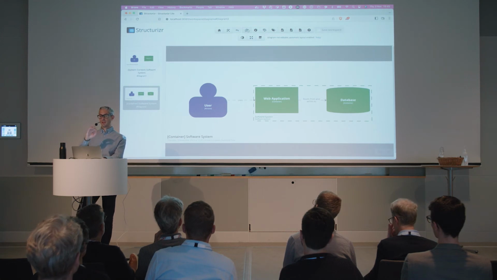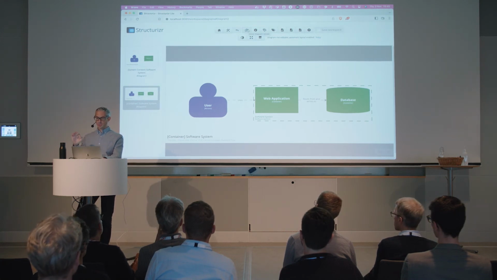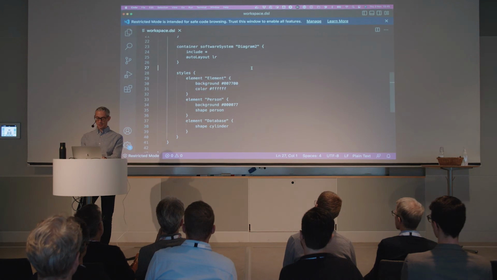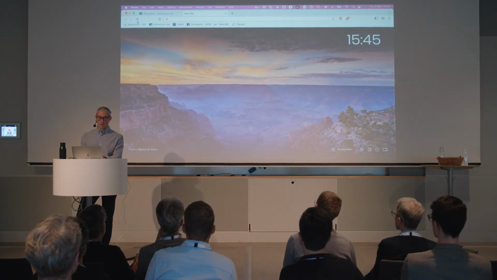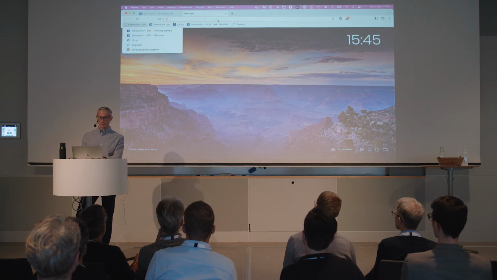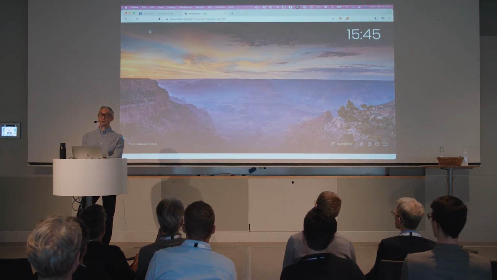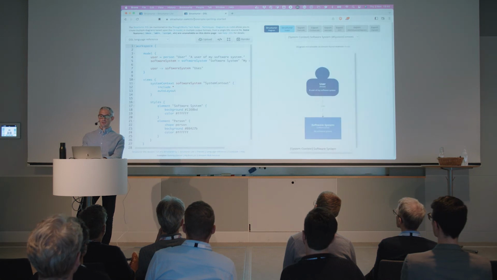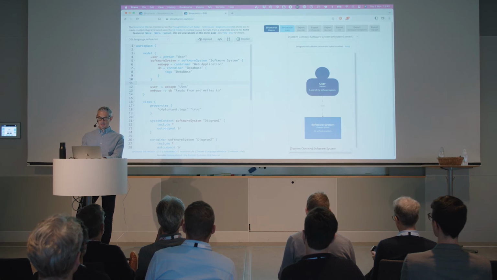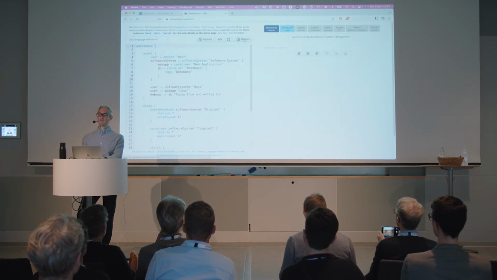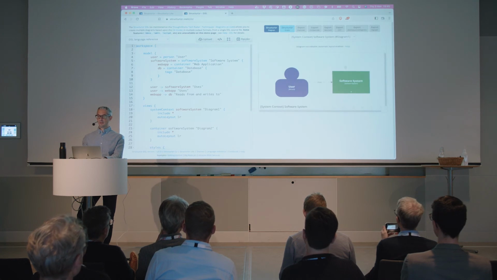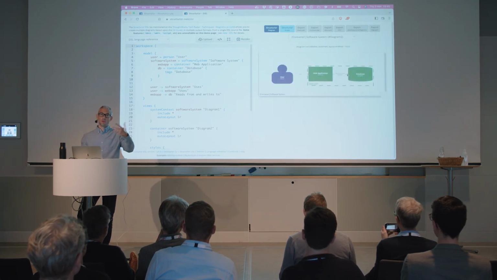One of the things that's really nice about this is it's rendering tool agnostic. So let me copy this into my clipboard. I have a demo page for all of this stuff at structurizr.com/DSL. I'm going to copy all this and paste it into this text box and click render, and hopefully we'll get the same diagrams you've seen already. So this is now just a cloud version on the web of what we saw before.